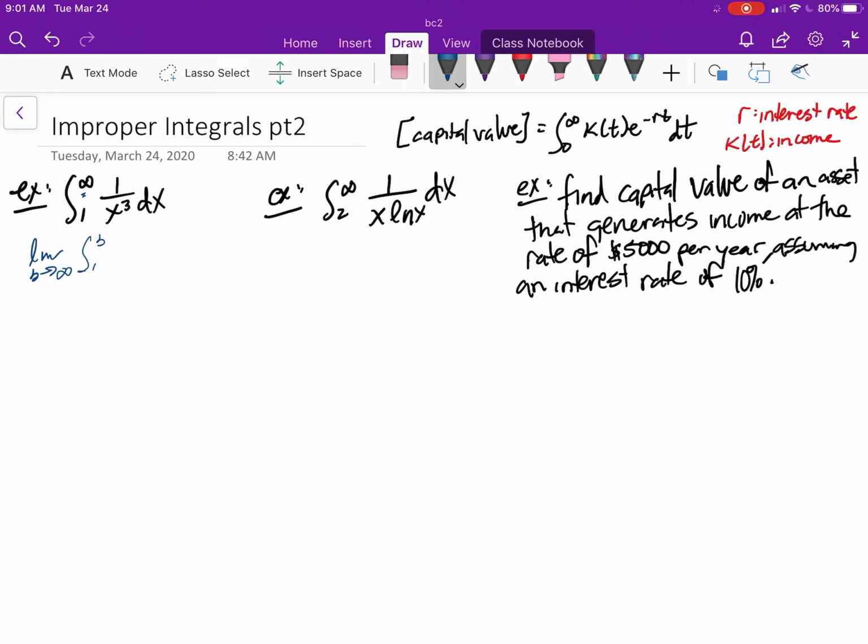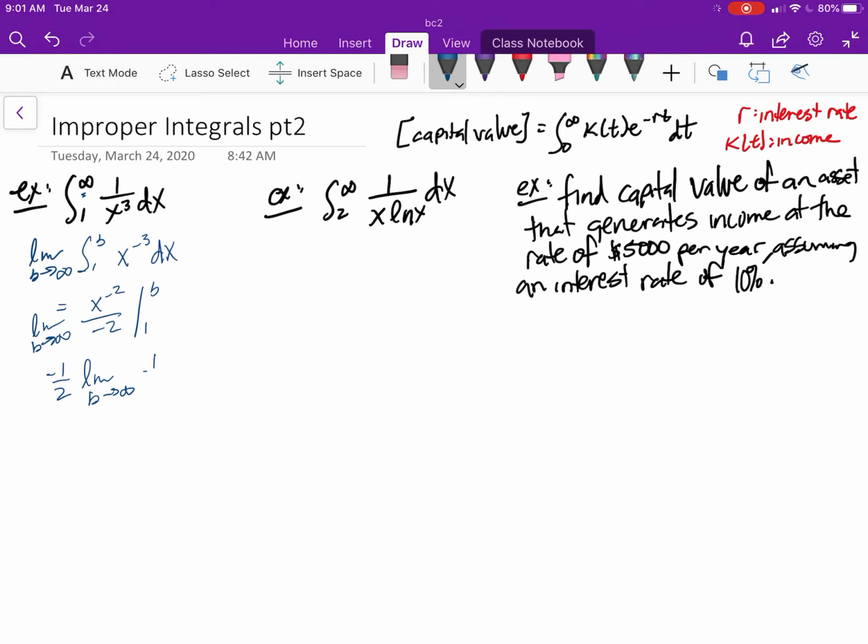1 to b, and to evaluate the integral of 1 over x to the 3, we write x to the negative 3 dx. Okay, integral of x to the negative 3 is x to the negative 2 over negative 2 from 1 to b, and we're taking that limit as b approaches infinity. So now make our substitutions. So x to the negative 2, we could factor out that negative 2 in the denominator, right? Negative 1/2, limit as b goes to infinity